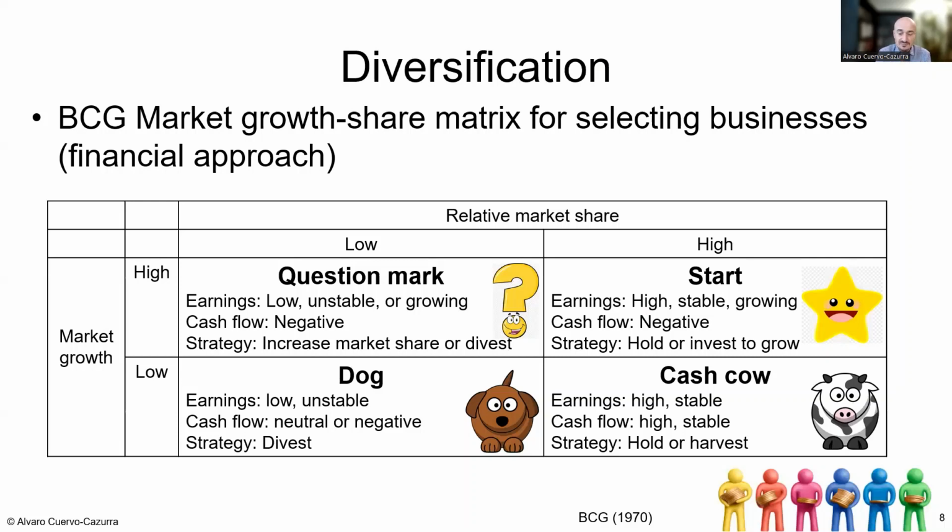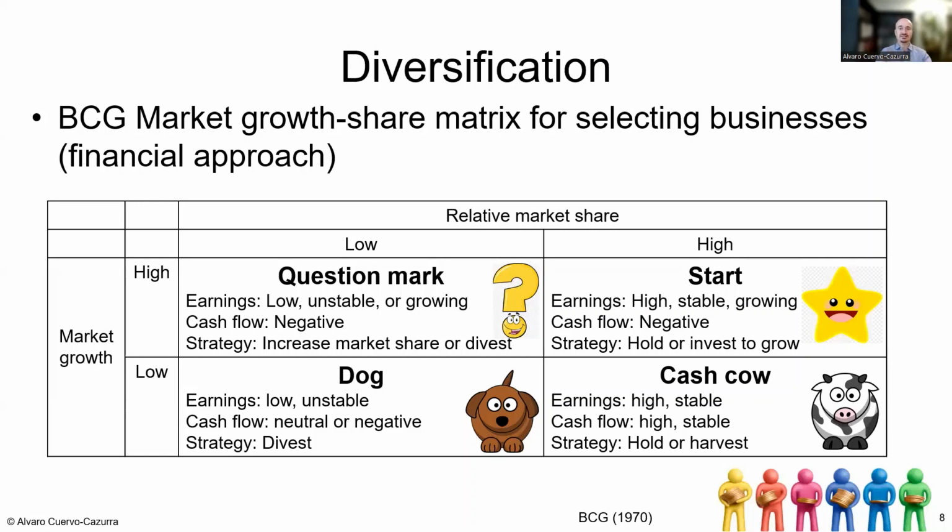Those in which I have a very low market growth, but my company happens to be a dominant player, it is great. I have a dominance in this market, but because I don't have growth opportunities, I'm going to be generating a lot of cash from being the dominant player, but then I can basically harvest that cash and use it somewhere else. Where do I use it? Well, I have the opposite, in which there is a lot of high market growth, but I have a very low market presence there. Well, maybe I want to invest it here so that I can grow the company, and